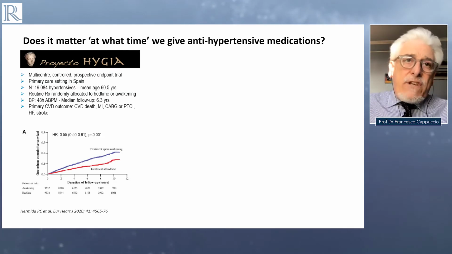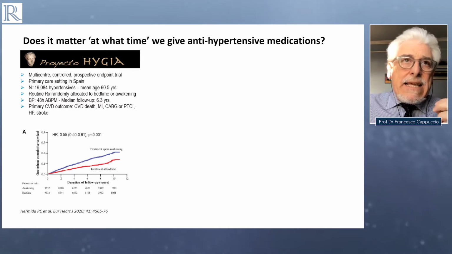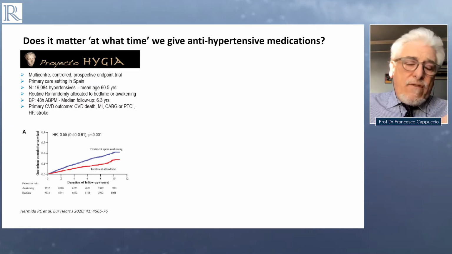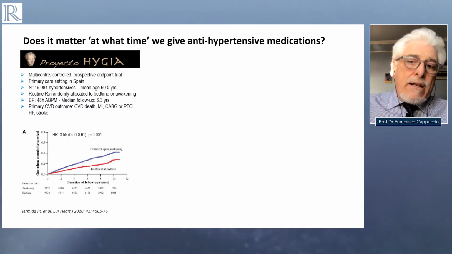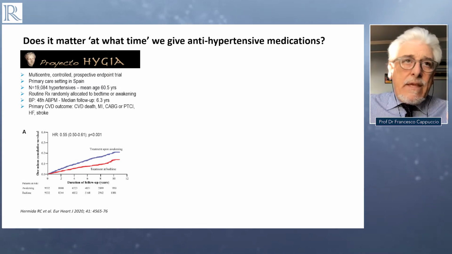And there is a recent study that's been published that created some controversy following an early study that administering blood pressure medications in the evening would restore and reduce the blood pressure variability. The same Spanish group went on to design a trial on outcomes, including 19,000 patients, the so-called IGIA trial, which